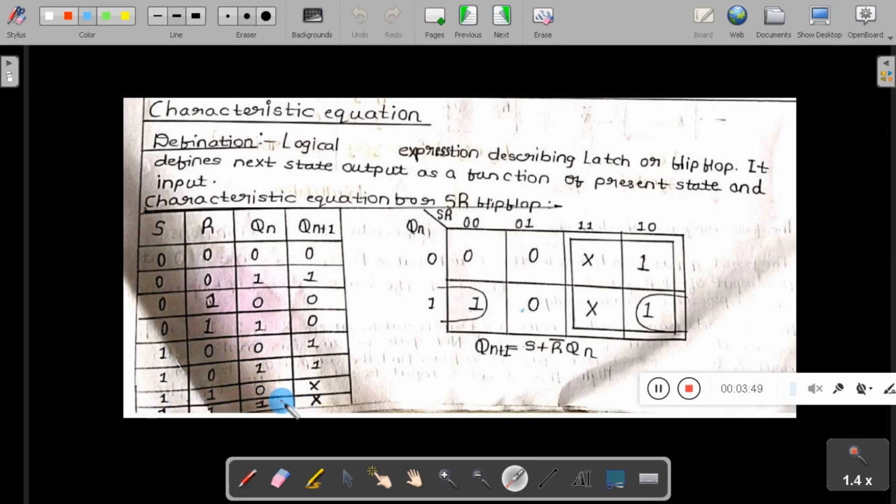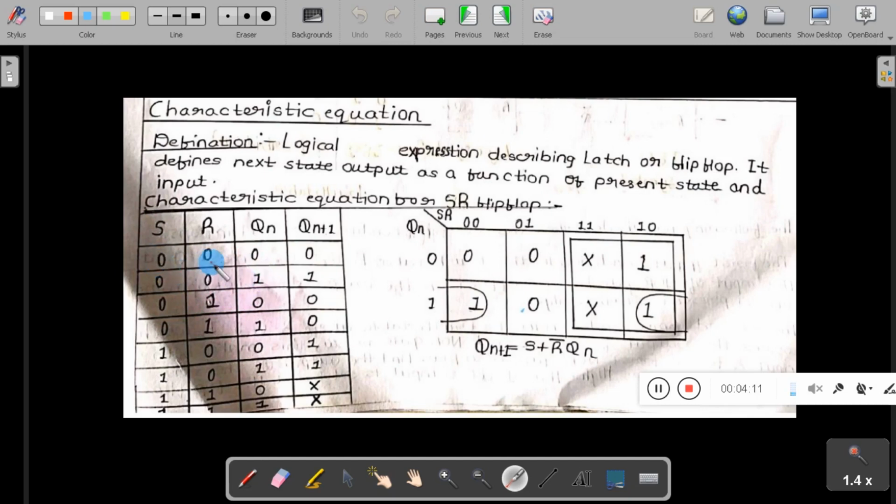Now the other way of explaining this is that I want to see the output of the SR latch by taking the present state value with 2 options, that is, the present state value is 0 or 1.